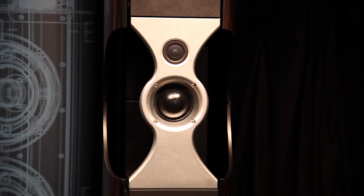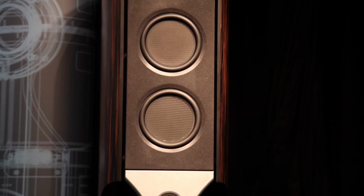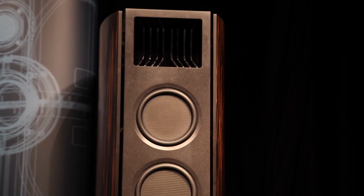What's going on with these side panels? They're quite unusual. They appear to be detached in a way from the actual box. On the theme of anti-vibration, looking at the vibration that you can have coming off the side panels of the cabinet, although it's a transmission line, so we've got lots of bracing in the box, and so the side panel resonance is pretty minimal,